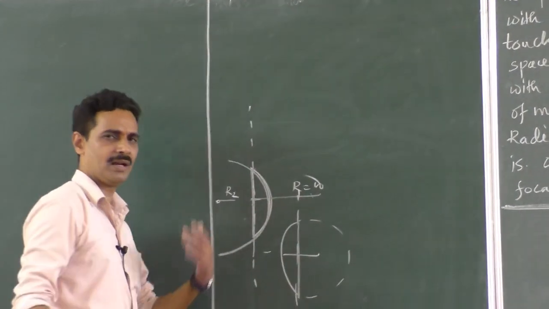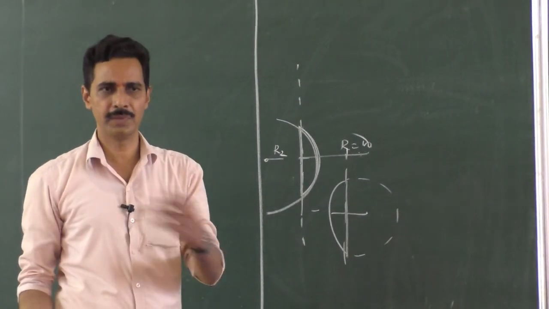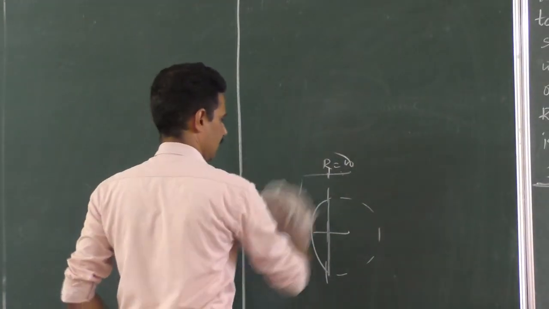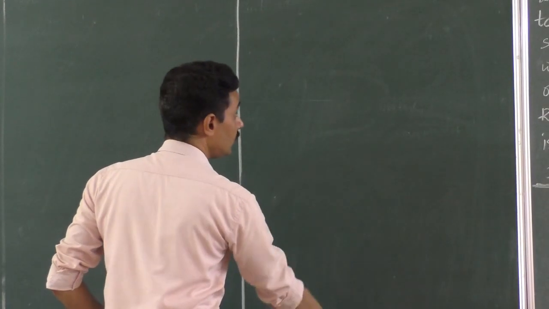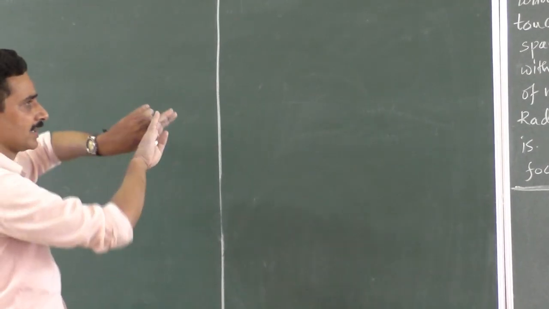R2 is infinity, a very large radius. So any plane surface is considered to be a part of a sphere whose radius is infinitely large. Take R as infinity. Now, two plano-convex lenses are placed with their spherical surfaces touching each other like